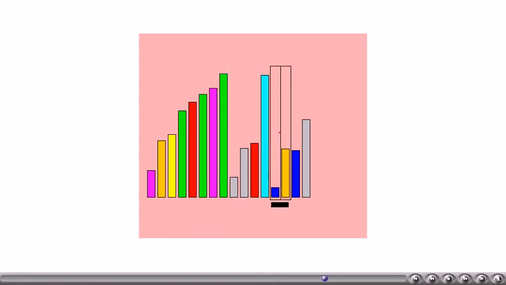Now these two elements will be sorted. Now these two elements will be sorted. This two and the previous two are merged to get a merged array of four elements.